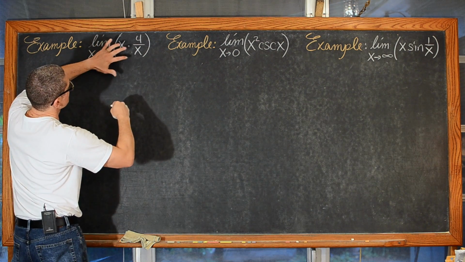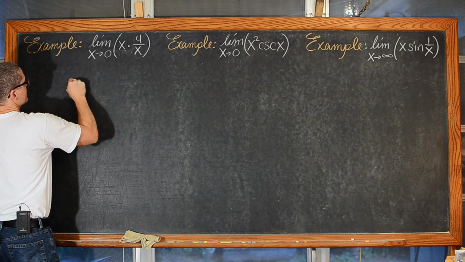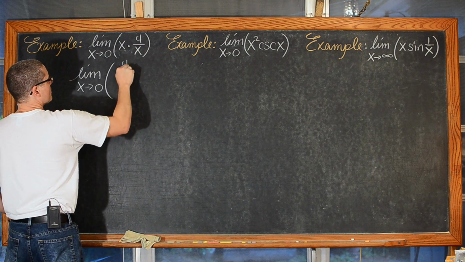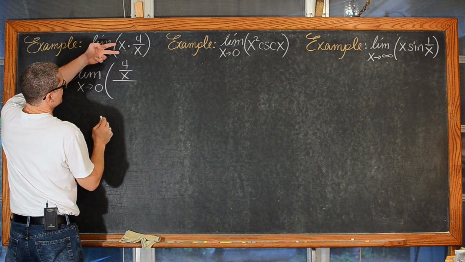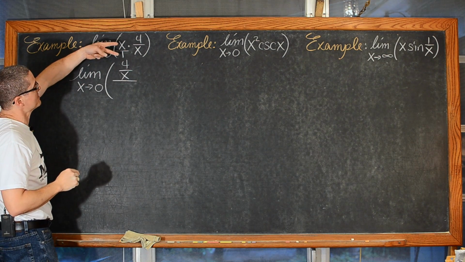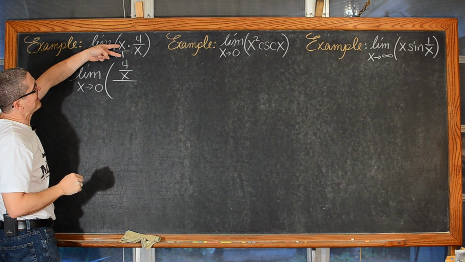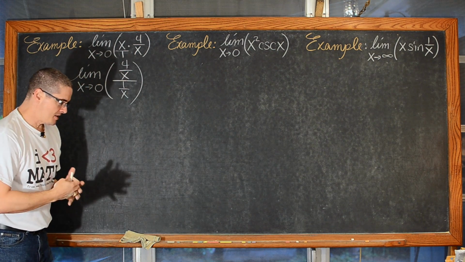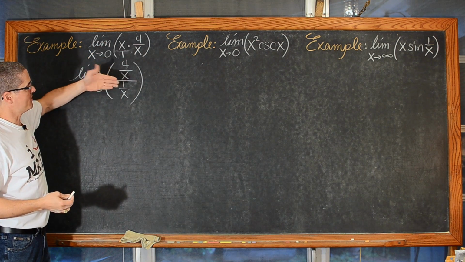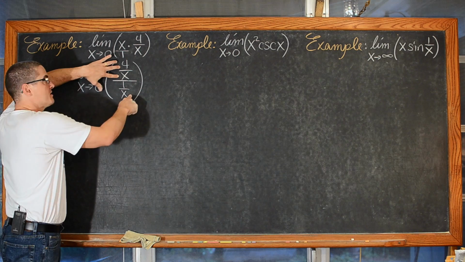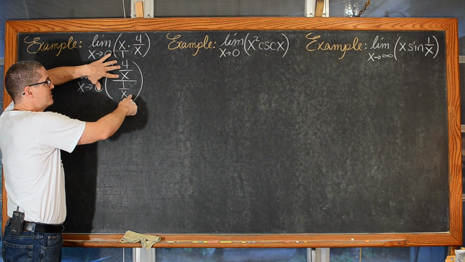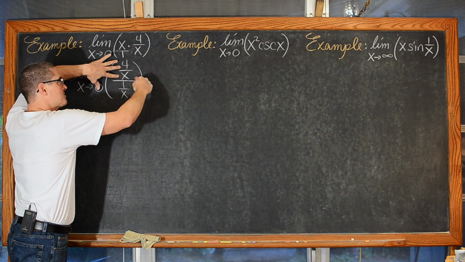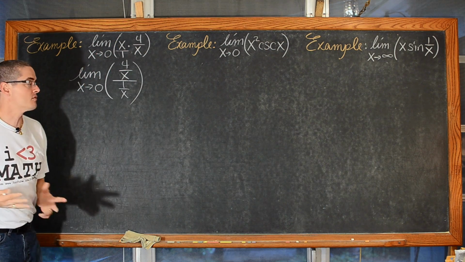So that said, we can take the first or the second factor and flip it down, and so we have the limit as x approaches 0 of 4 over x divided by x over 1. We're going to take that x over 1 and flip it down to be 1 over x. Now, in case you are asking why am I allowed to just flip that down, well, this is one fraction divided by another fraction. And when you divide fractions, you actually have to multiply by the reciprocal of the second fraction, which is the denominator. And thus this would get flipped up and become a multiplication of x over 1.